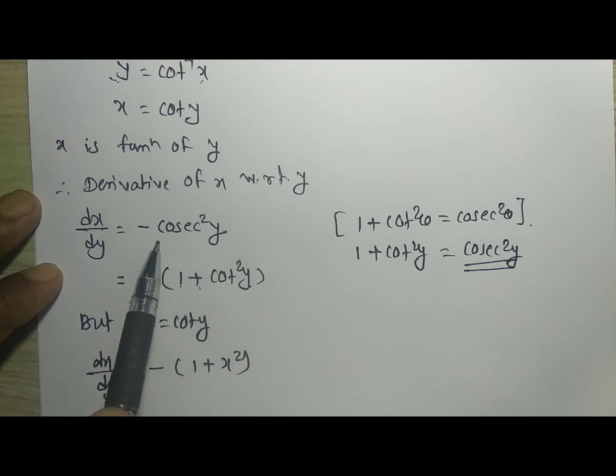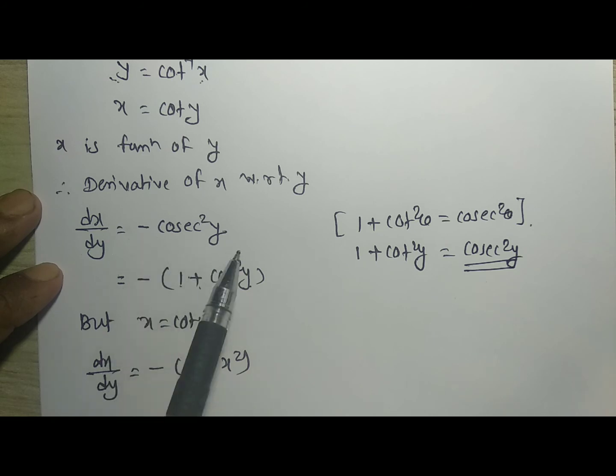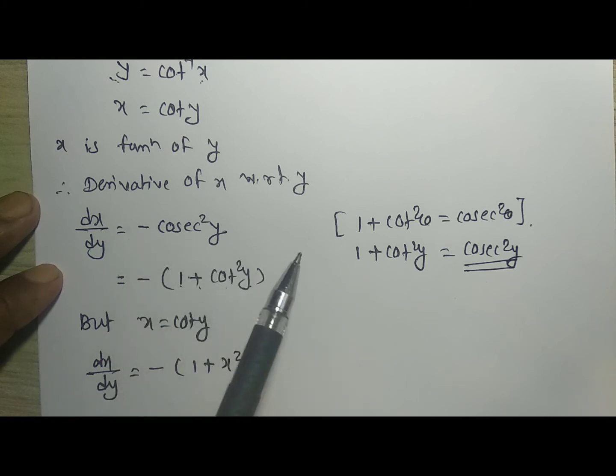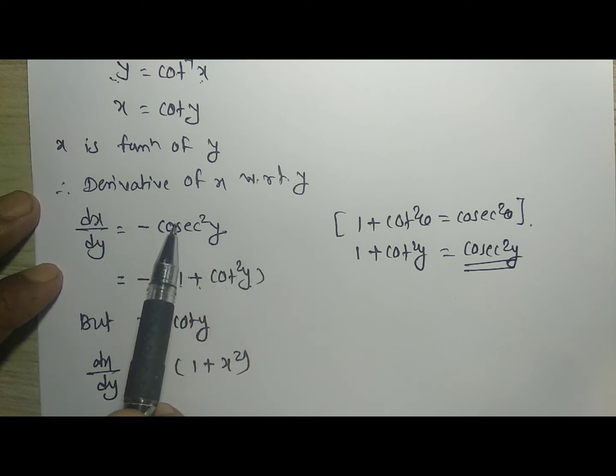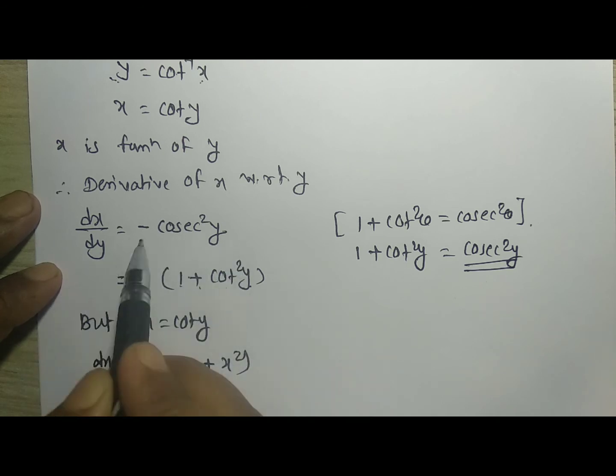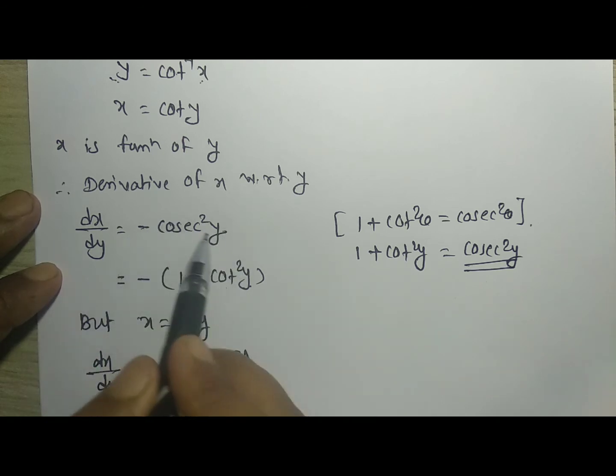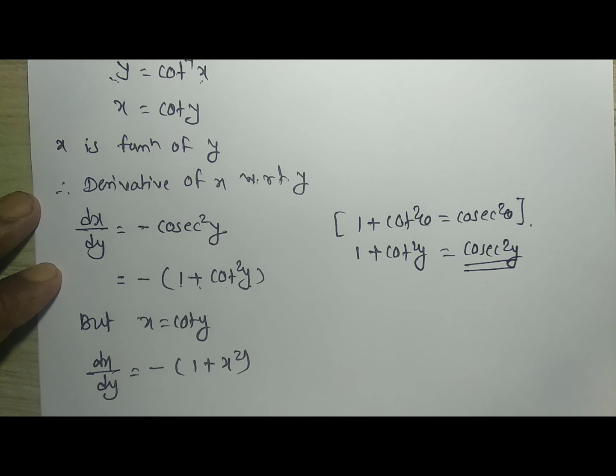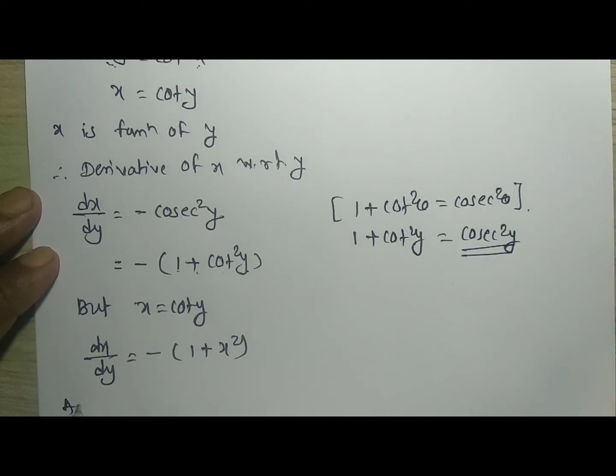Whatever the value of cos y, I repeat again, whatever the value of cos y, whether it is positive or negative, the square of that cos y is nothing but a positive, and therefore this minus sign into a positive value is nothing but a negative value. And by now, according to